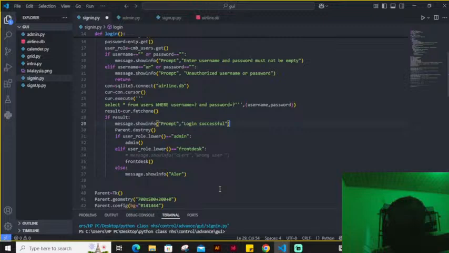I don't understand. What I'm trying to say is that even if your user role is not correct, it will still sign you in, because when you compare to the database, you are only using username and password. That's what you use there. Look at user role here now. If user role dot lower,